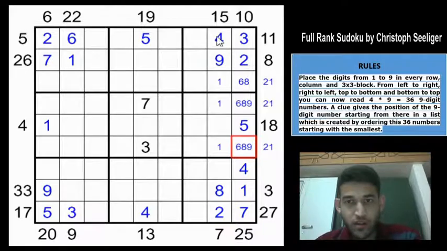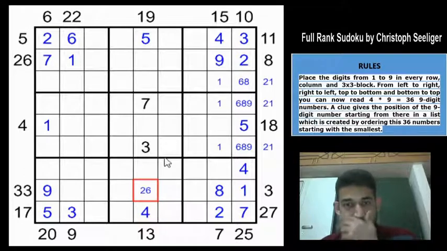Okay, we have a 15 clue which is 4, 9, right? Which means that the 13 and the 14 must be lesser than this, right? Yeah. But 13 has a 4 but no other digit here. Maybe we can try to fill in the possibilities here. 3, 4, 5, 7, 1, 8, 9 are ruled out. So this is going to be a 2 or a 6, right? This will be a 2 or a 6.